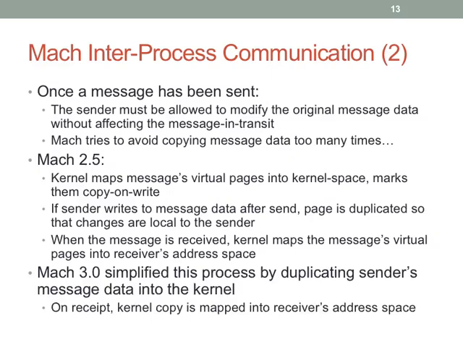Now, Mach 3 basically said, well, this is too complicated. Yeah, we're trying to make this faster, but it's too complicated to get correct. So basically, it always would copy into the kernel and then just map the page from the kernel into the user space of the receiver. So this is still just one copy. Not horrible. It's just always incurred. So now it's consistently one copy. All right? So that's the design.